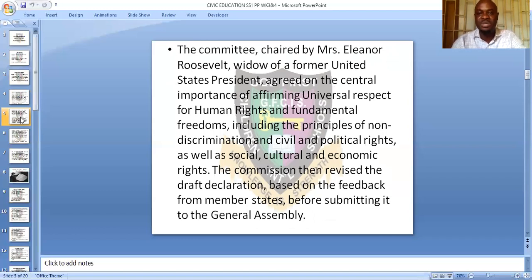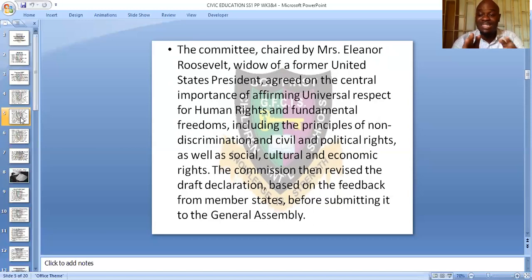Mr. Roosevelt happened to be one of the United States presidents of past memory. Mrs. Eleanor happened to be his wife, and she happened to be the chairman of this committee. That is the Universal Declaration of Human Rights Committee, which prepared some text on human rights. As a result, they agreed on the central importance of affirming universal respect for human rights and